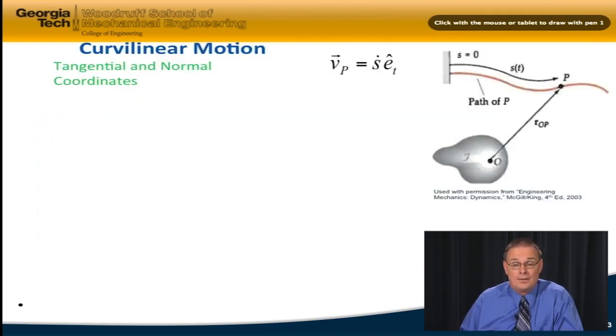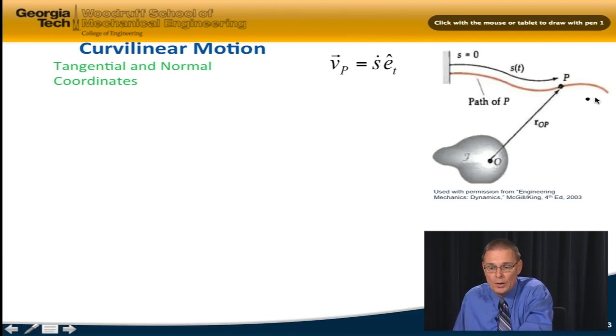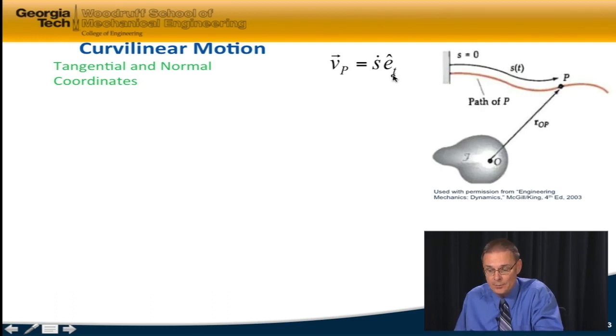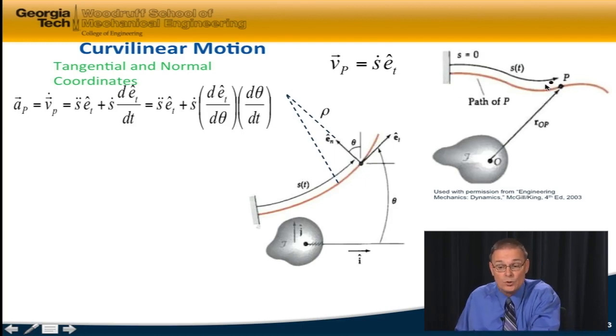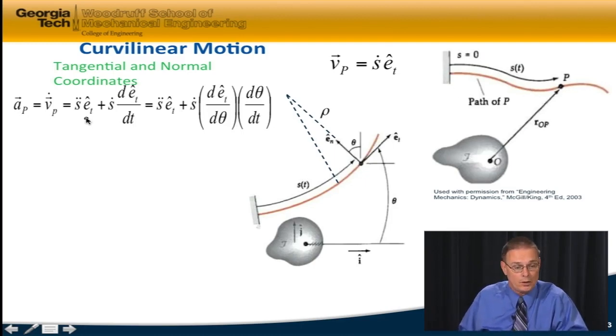So, going back to last class, we have this particle going along a curvilinear path. Its velocity is going to be s dot for its magnitude, the change in arc length with respect to time, and the direction is always going to be tangential to the path, e sub tangential. And so the acceleration is going to then be a derivative of the velocity. Both s dot and e tangential, the direction, will change as we go along the path, so I've got to use the product rule. So I've got s double dot times e tangential plus s dot times the derivative of e tangential,